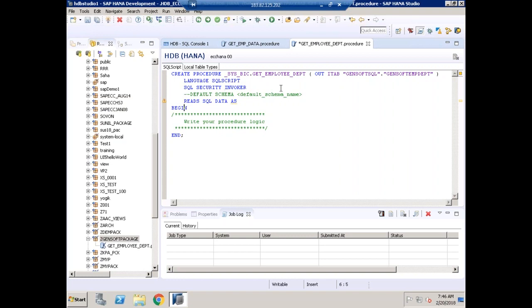Then what I want is, inside my procedure body, I want to refer to the database objects which are part of my schema. What is my schema? Gensoft SQL. So I'll instruct the HANA database. The default schema is what? Here you provide the default schema, meaning from whichever schema you want to refer to the objects, you provide that particular schema name. So I'll give it as Gensoft SQL, so that if you specify this default schema, I need not prefix my object name every time with